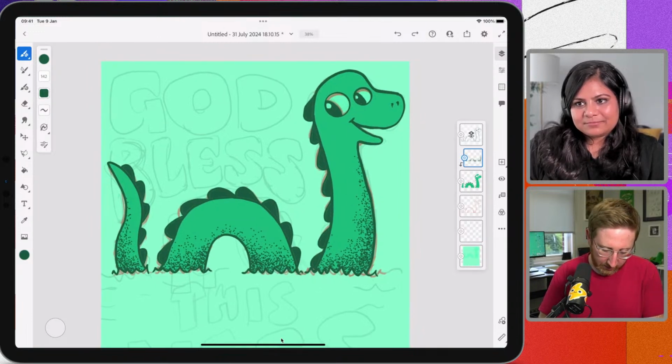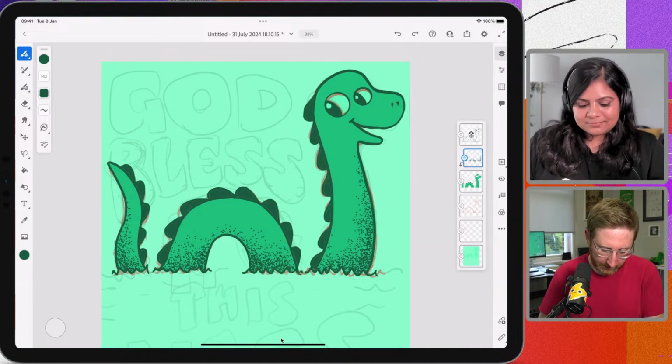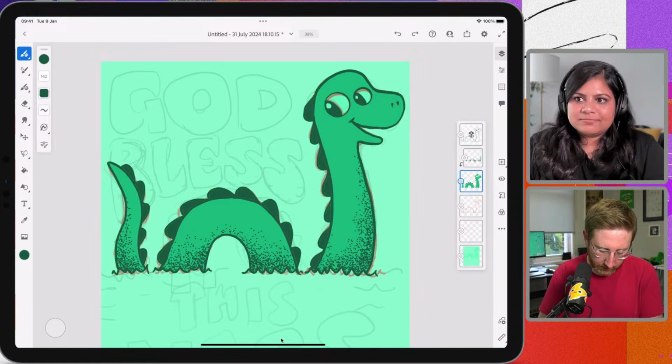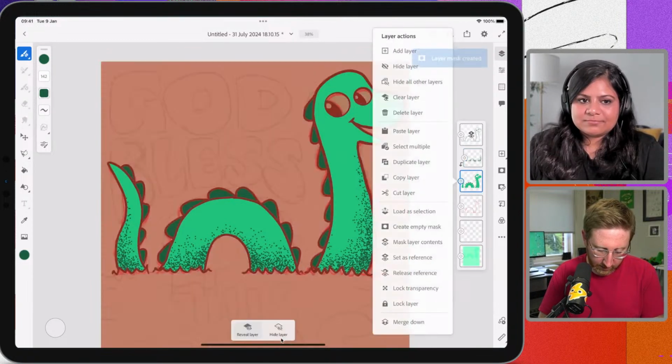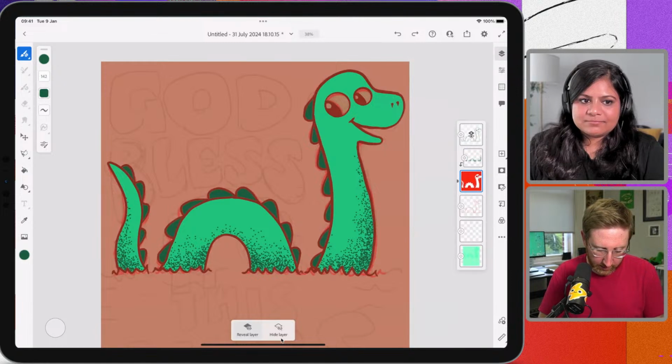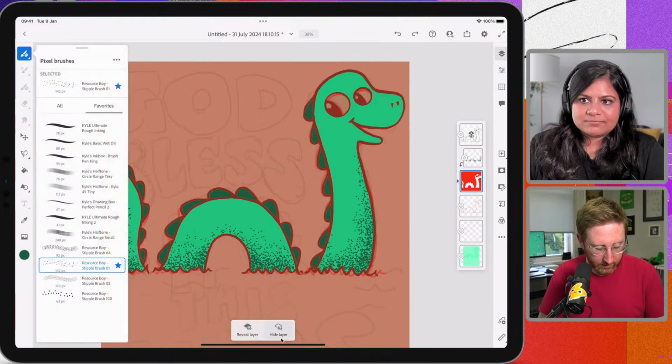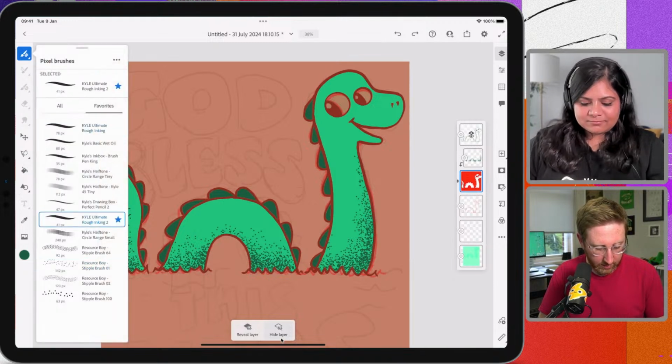So I think what we'll do here now, I might just add a mask here, and I'm going to go back to the inking brush that I had.